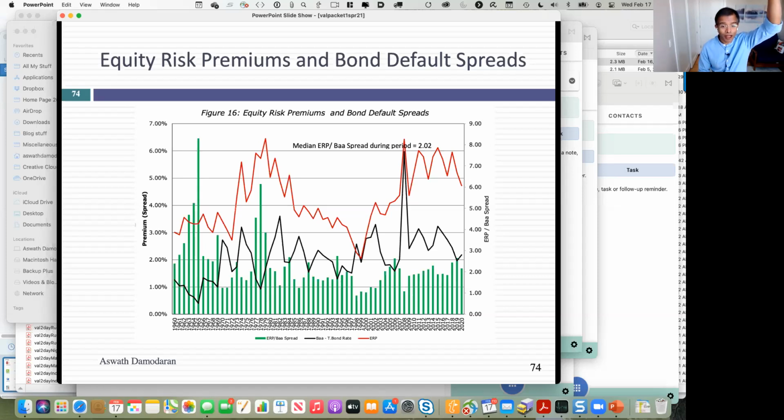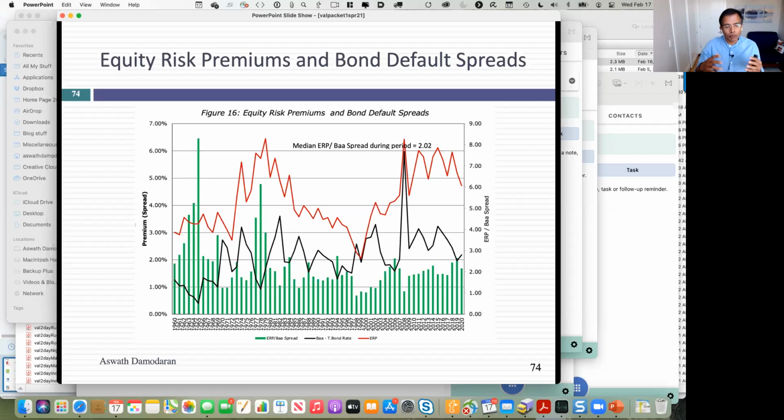Again, if you followed the numbers, what would you be doing? You'd be taking your money out of bonds and putting them into equities. On a relative basis, that would be the right thing to do. But the 2008 crisis saw the correction again. The bond market corrected actually more than the stock market did, and the ratios returned back to normal.